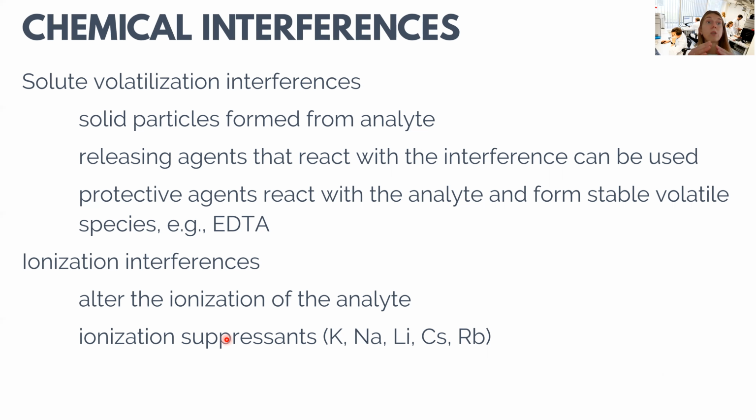And by adding this very much of these easily ionizing atoms, we increase the amount of electrons that are present in the flame to a very high extent, so that if our sample now contains a tiny bit more or tiny bit less of potassium, then this doesn't anymore change the concentration of the electrons very much. So this can then be used to stabilize the ratio of the ionized atoms to the ground state and to the excited state